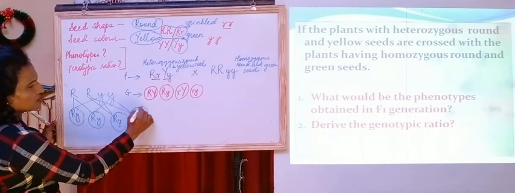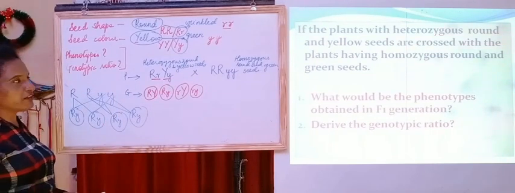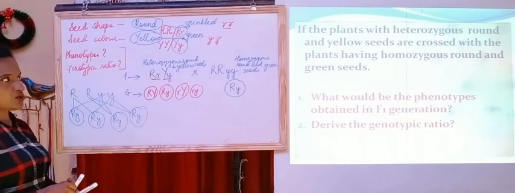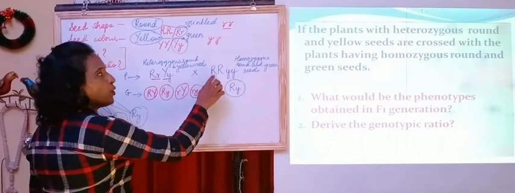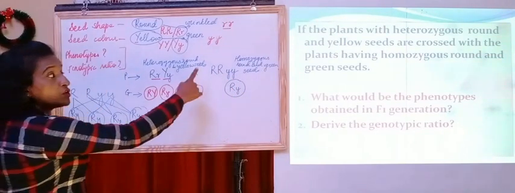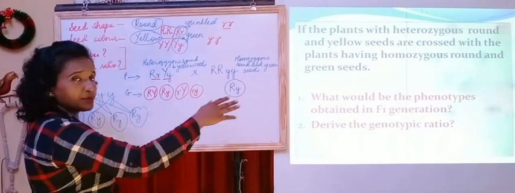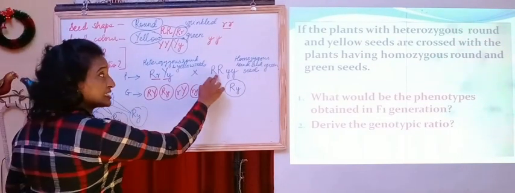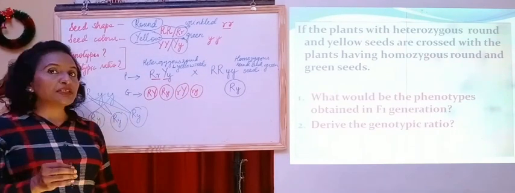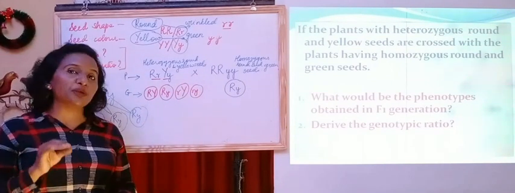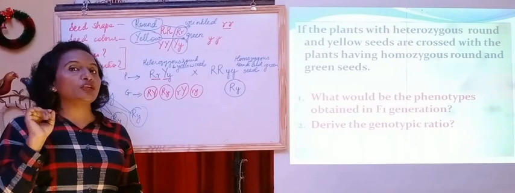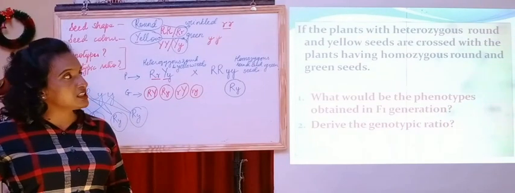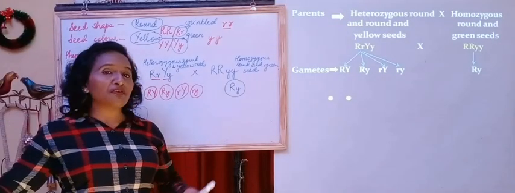Since all are the similar gametes, I will take only one, capital R, small y. So another tip which we have got: when both the traits are homozygous, whether it may be capital R, capital Y, or small r, small y, or this condition, all the gametes that are formed from those plants will be of similar kind. So here we have to take only one gamete. So these are the gametes which we have got. Now we'll see on the screen what the F1 generation will be.